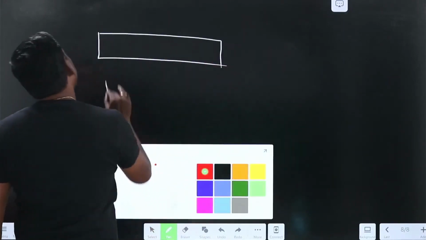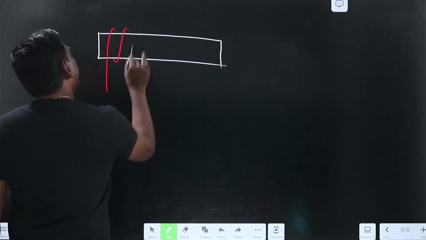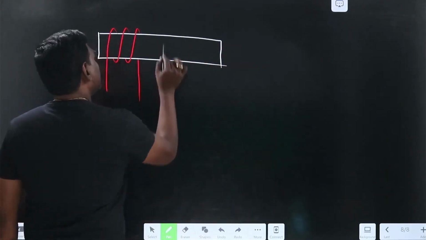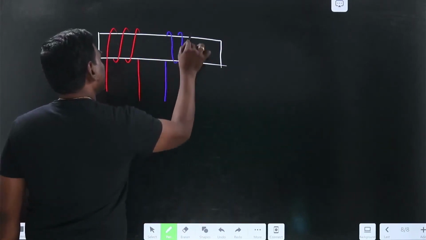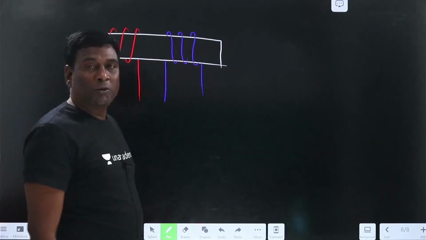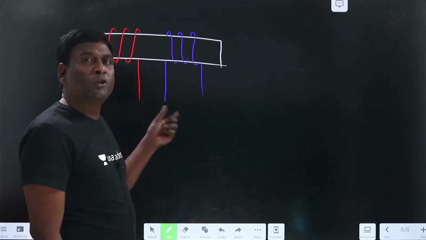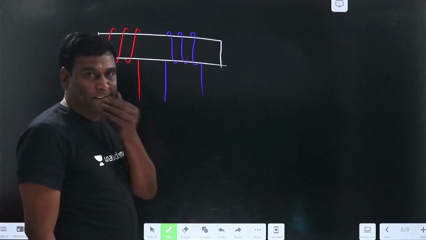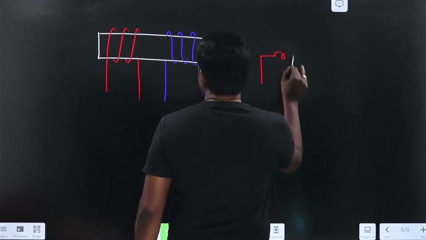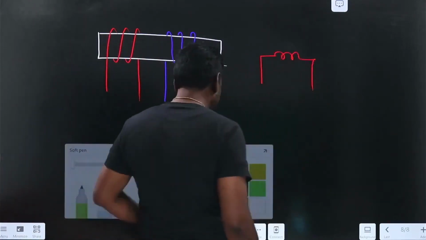I don't take much time because already you got habituated for it. Okay, now let me try to convert this into dots. See here, if I show without the sense of the winding,